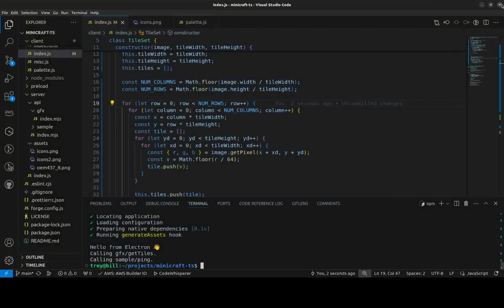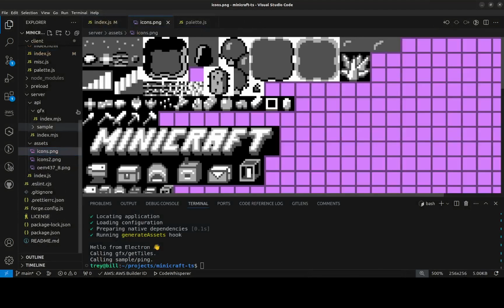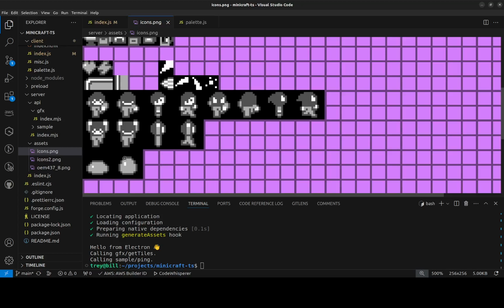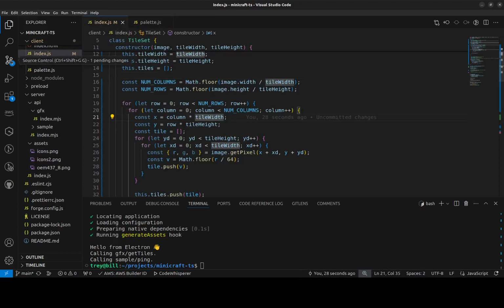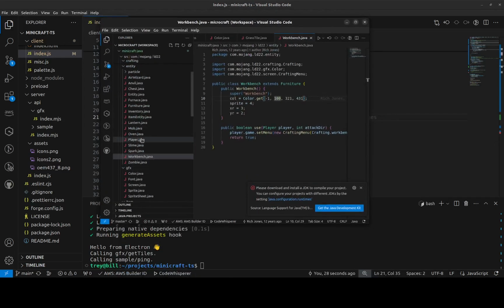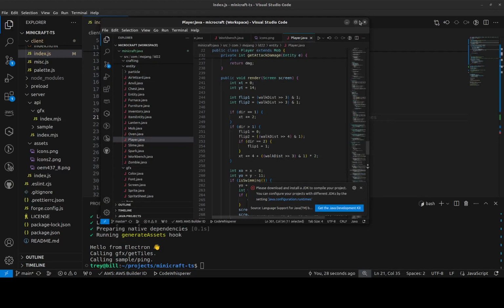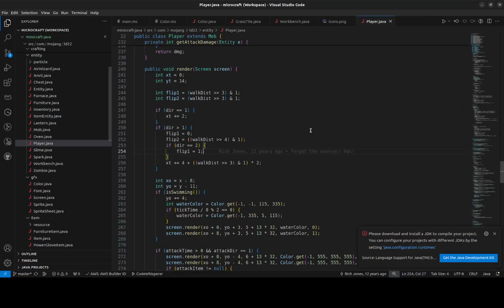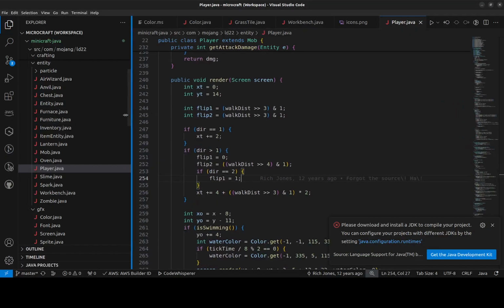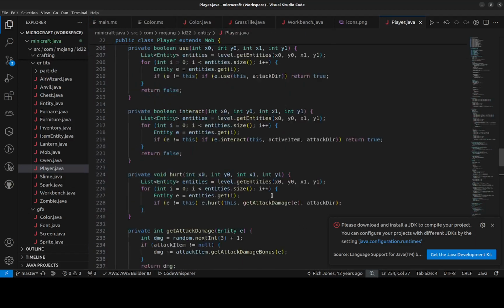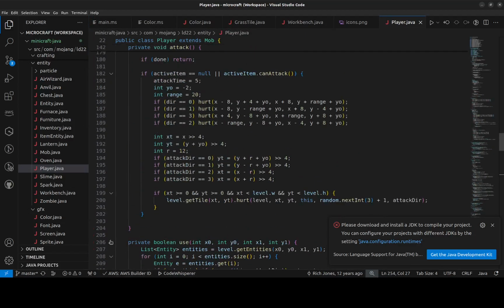Oh boy. Okay. Let's see if we can draw that little player tile right there. It's actually a collection of 4 tiles. So, pulling up the Java code. Looking for,